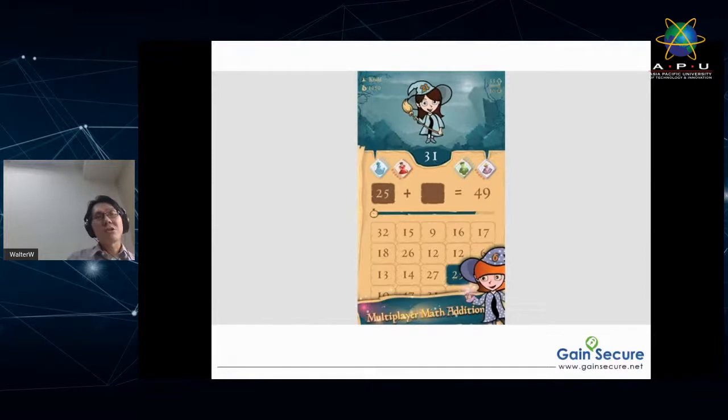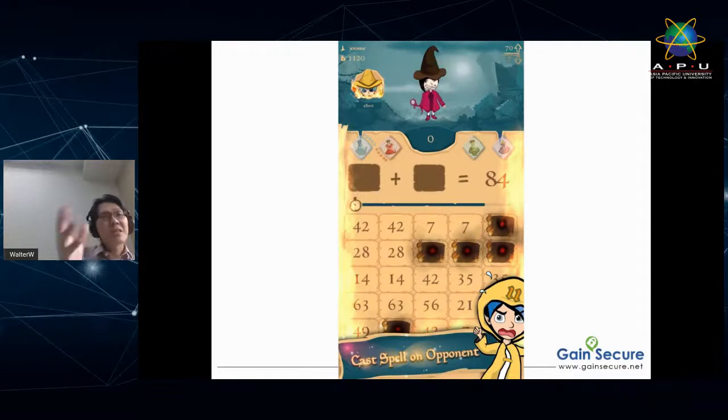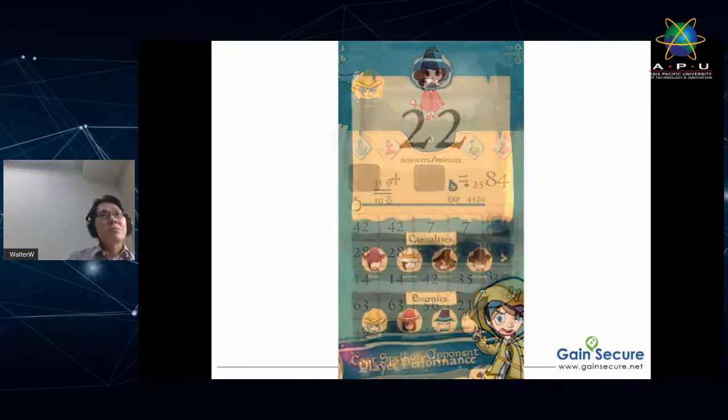Last time you saw it's only the frost. Now you've got the fire, the earth, I'm sorry, the poison, and the other one I can't remember, is it lightning or something like that. We increased the gameplay, and you can cast a spell. If you are the victim of the spell, because it's really against time, you cannot play for 5 seconds. Of course, that delays your scoring in the gameplay.